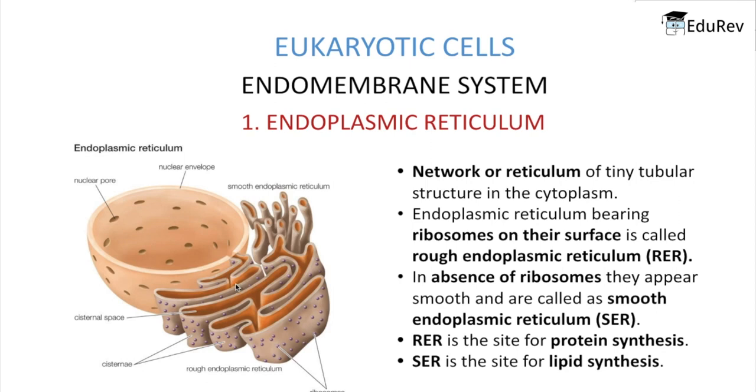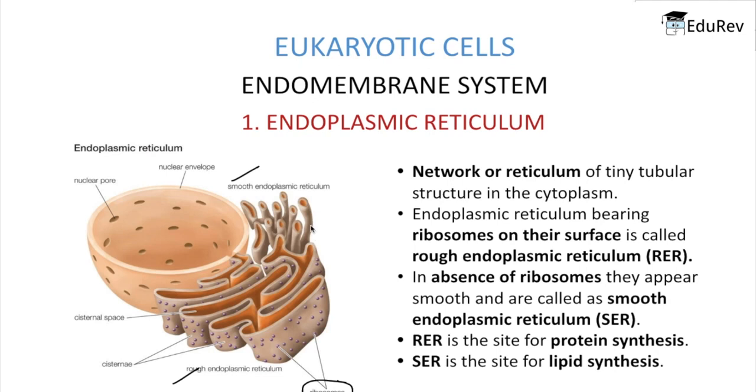Now, endoplasmic reticulum is of two types. The first one is the rough endoplasmic reticulum and the second one is the smooth endoplasmic reticulum. The endoplasmic reticulum bearing ribosomes on its surface, as you see here, is called RER, also known as rough endoplasmic reticulum. In the absence of ribosomes, the endoplasmic reticulum appears very smooth, and that is why it is known as